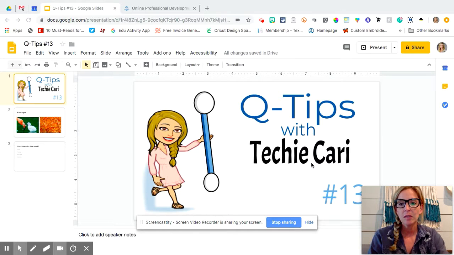I'm here today to share with you a little feature inside of Google Slides called Closed Caption. It's really simple to use and I think it's really beneficial for your students and staff members. So let's get started. Okay, the first thing we're going to do is I'm going to show you how to turn on closed captions, and then we'll go over all the ways that students, teachers, and administrators can use closed